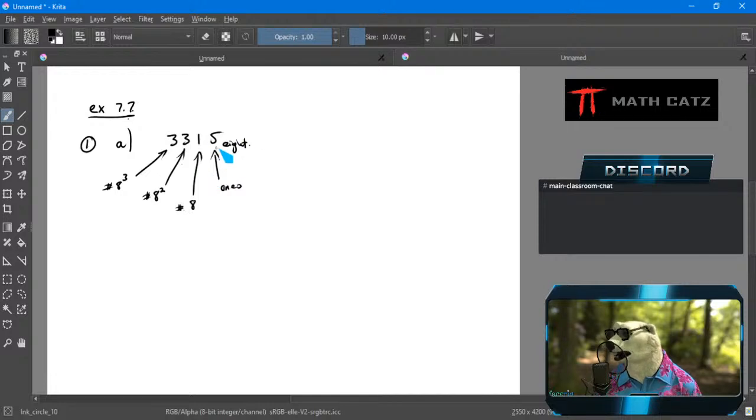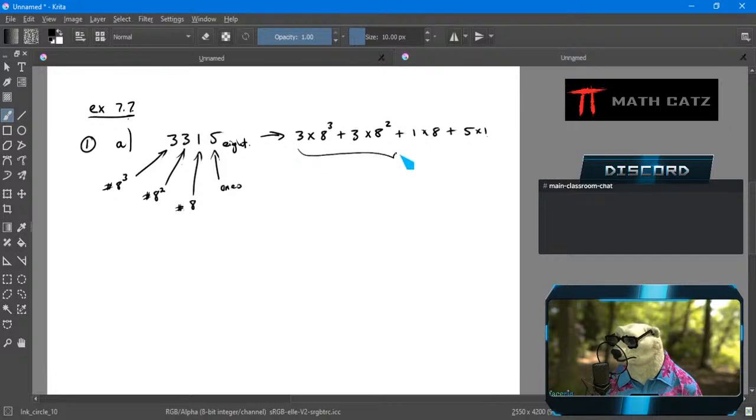Because my group size is 8, each place is counting in powers of 8. So this then means right to left, left to right, it doesn't matter. 3 groups of 8 cubed plus 3 groups of 8 squared plus 1 group of 8 plus 5 leftover, or